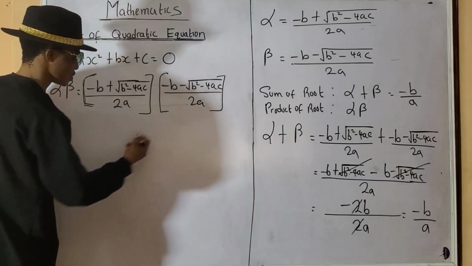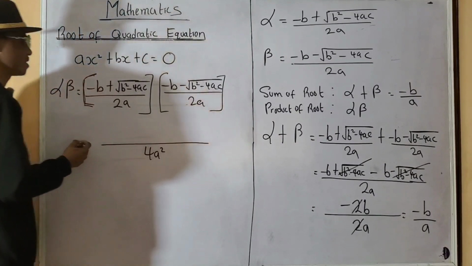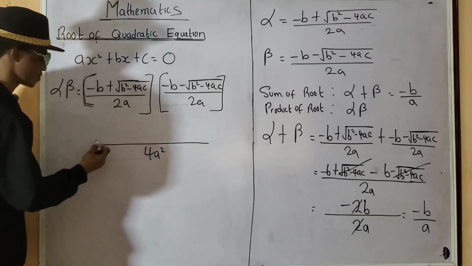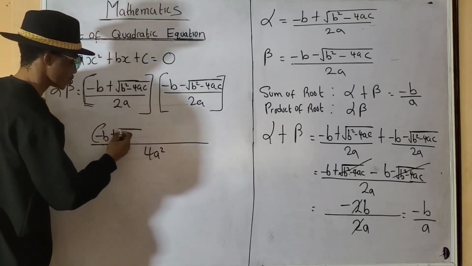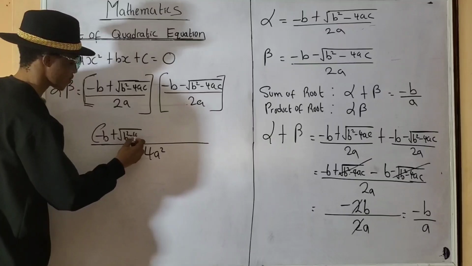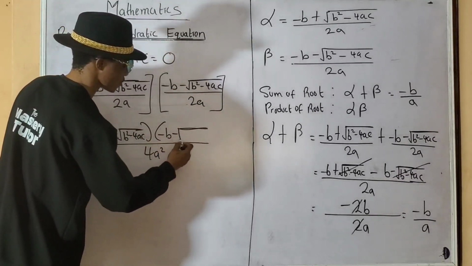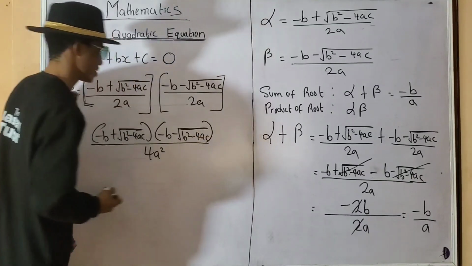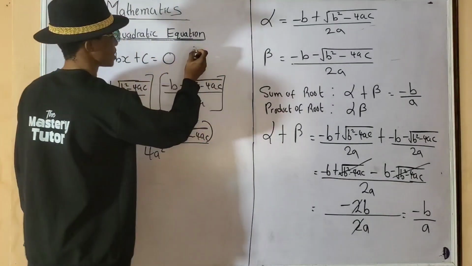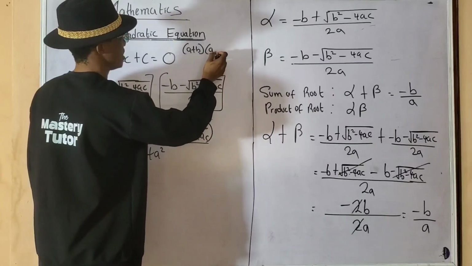2a times 2a, that is what? 4a squared. So I'm going to have 4a squared here. Now, let's take it step by step. Minus b plus square root of b squared minus 4ac multiplied by minus b minus square root of b squared minus 4ac. Okay? Now, recall that if you have something like this, a plus b multiplied by a plus b,